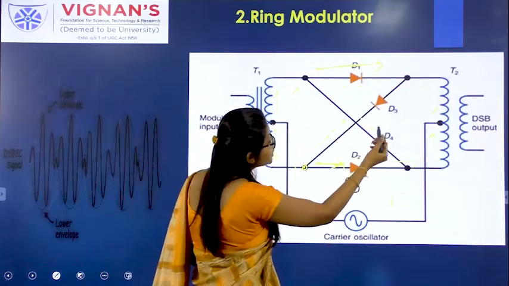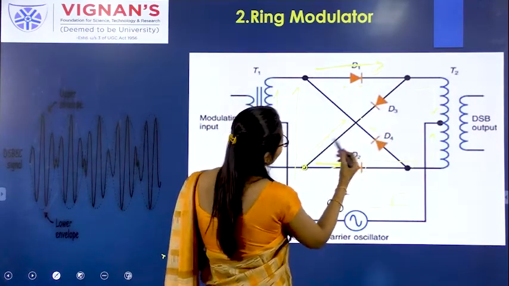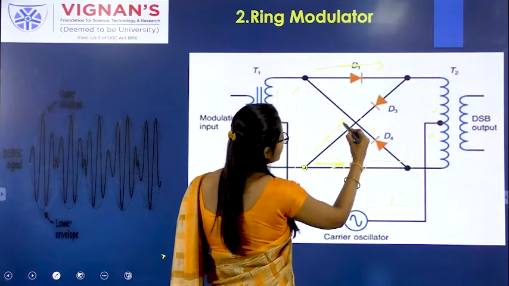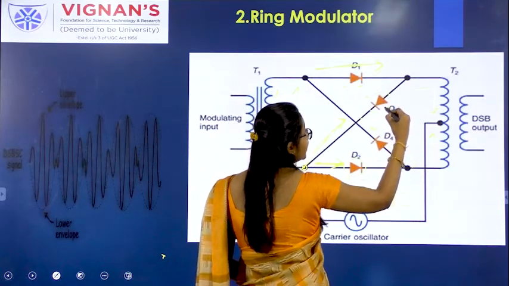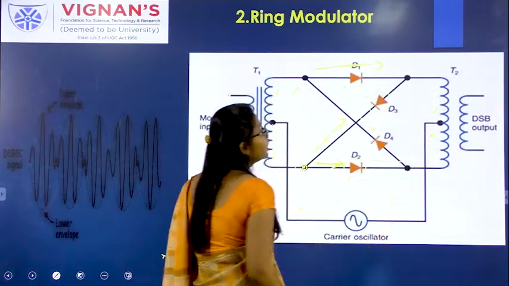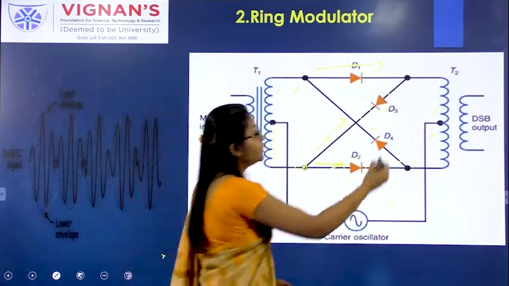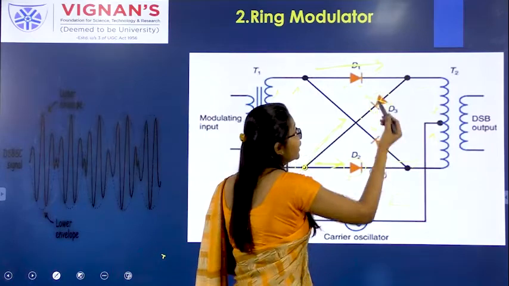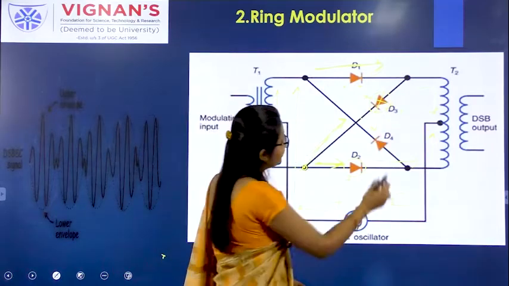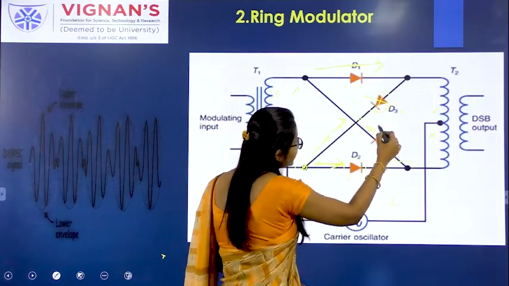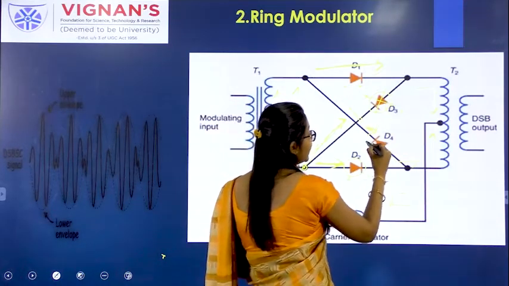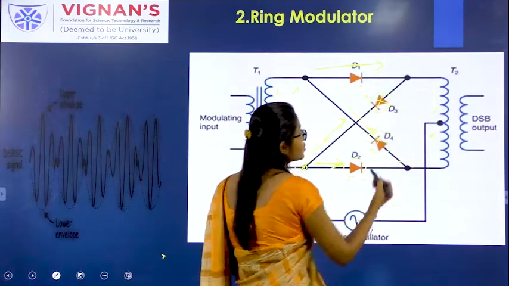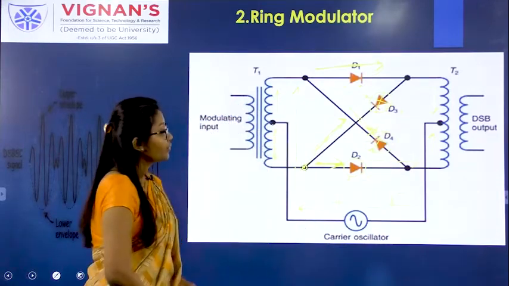And the same way, if you see here D3, the current is flowing like this, so it should be plus minus, but from here it is minus plus, right? So it will be reverse biased. And the same way D4: the current flow is in this direction, but the diode direction is different, that is minus plus, so this D4 also will be cancelled, right?